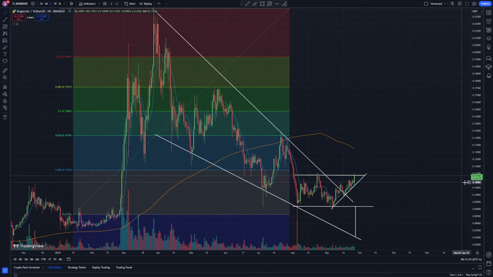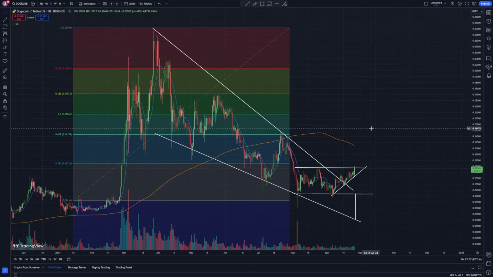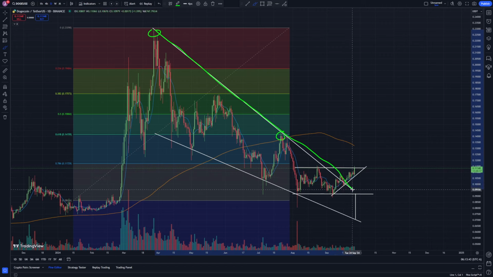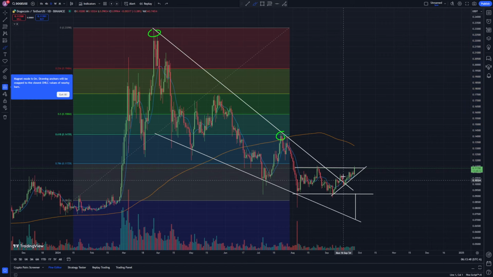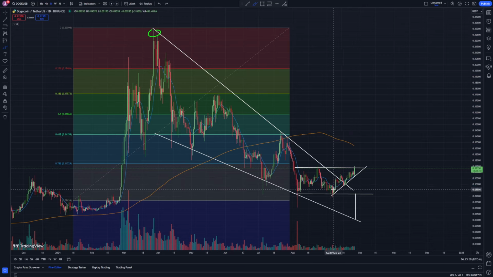Let's take a look at the chart action for Dogecoin. Okay, so here's what I've been looking at. We have resistance, resistance giving me a downtrend like this. We're on the daily time frame right now. We actually broke out of that resistance right here. We didn't quite get a breakout, but we did break that trend line, and now we're trending to the